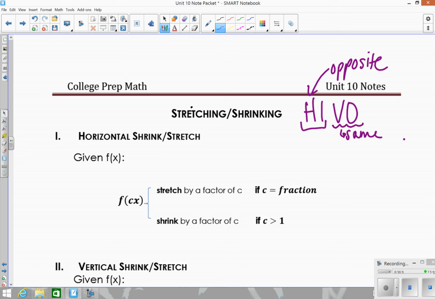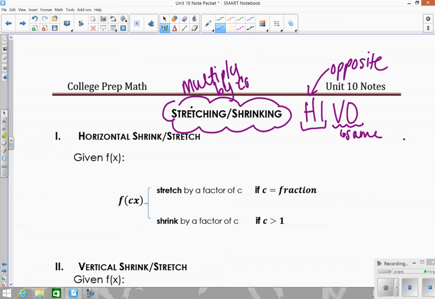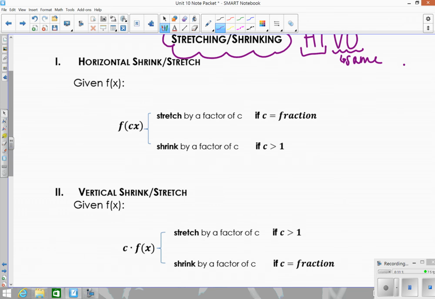So I've kind of already talked about stretching and shrinking by saying when you're multiplying by a number. So that's the biggest difference. Stretching and shrinking means that you're multiplying by some number. So you're going to see the notation is that you multiply by some constant. So that's how you're going to know if something's stretching or shrinking. You're going to know if something's shifting if it's adding or subtracting some number in the inside or the outside. And you're going to know if something's being reflected because it's going to have a negative, being multiplied by a negative. So if it's just being multiplied by some number, that means you're going to have some kind of shrink